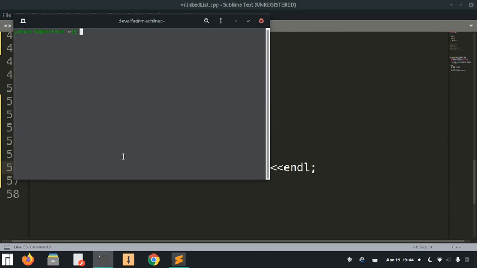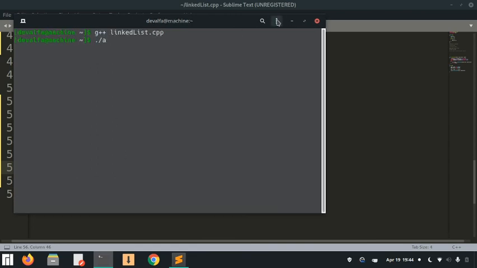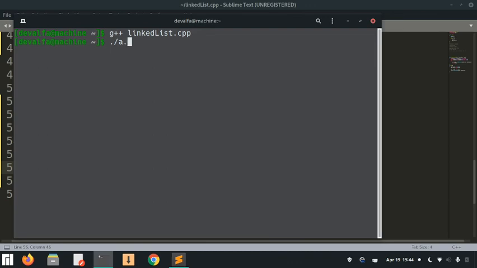Let's compile this. It compiles, so let me increase the size of this terminal, and let's see what the output is.